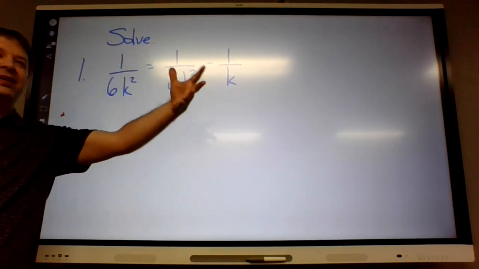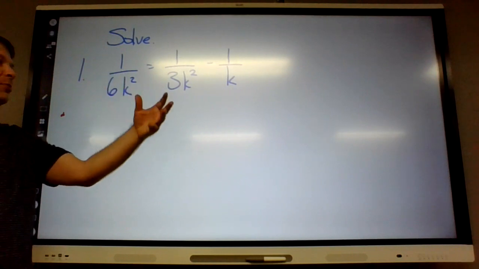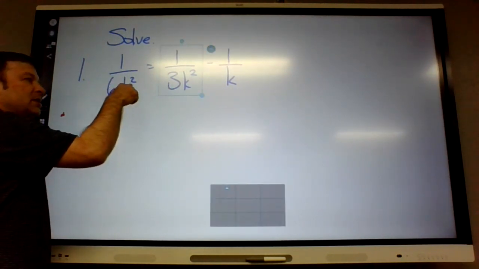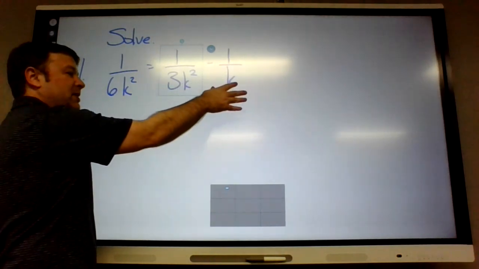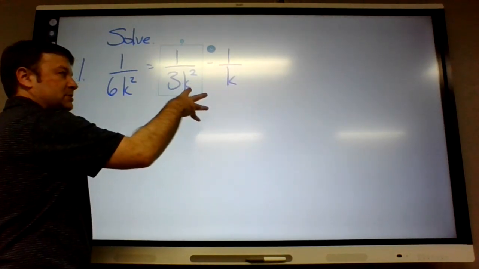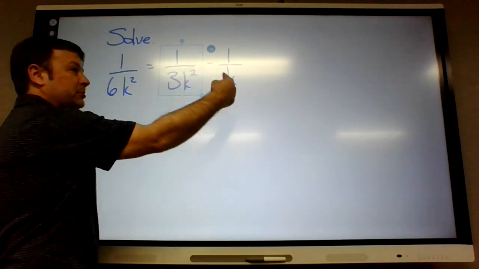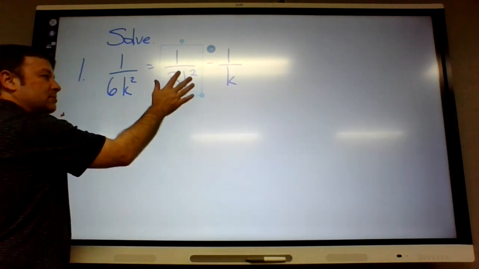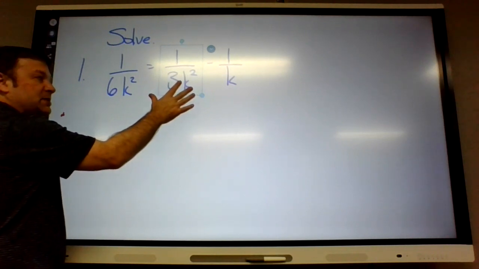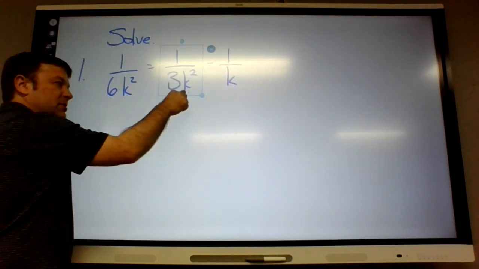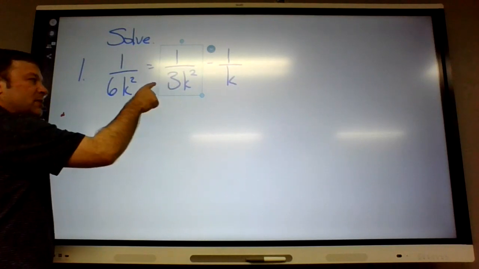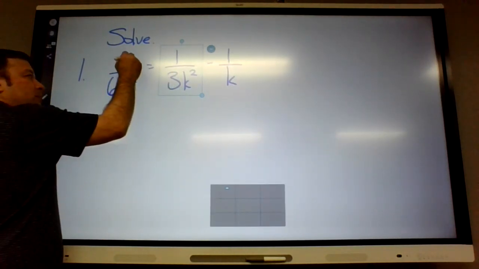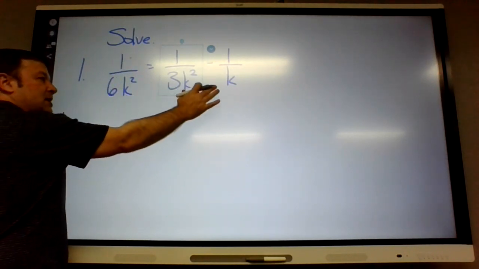Okay, k is what goes into them, but our question is, what do they multiply into? What do 3 and 6 multiply into? 6. What does k squared and k multiply into? K squared. K squared doesn't multiply into k, k goes into k squared, right? Kind of like when we were finding the least common denominator, the most k's is k squared. What do 3 and 6 go into? 6. So what we're going to do is multiply everything by 6k squared